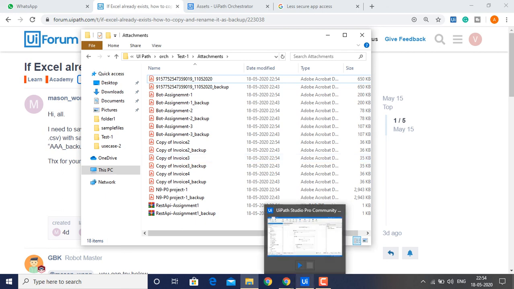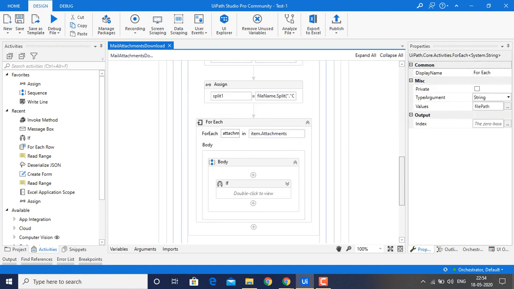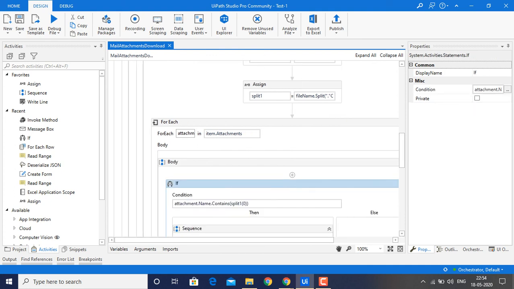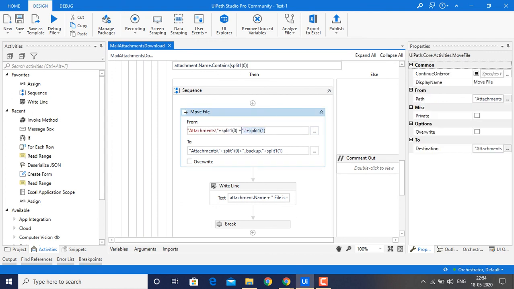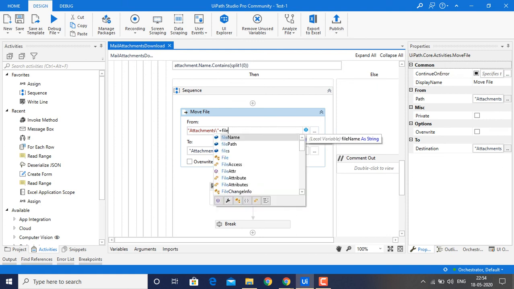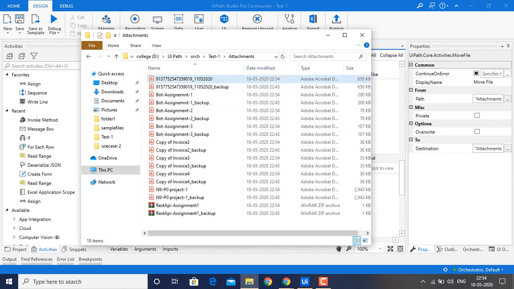And one second guys, I have already told you about running the project without splitting the file names. Let me show you. File name is my file name, and if I run this without splitting the file name, where we have to mention it as a backup, let me show you, guys.